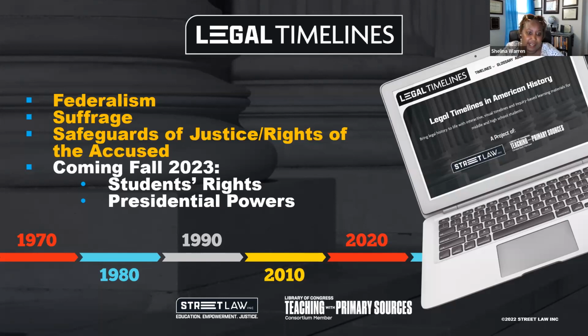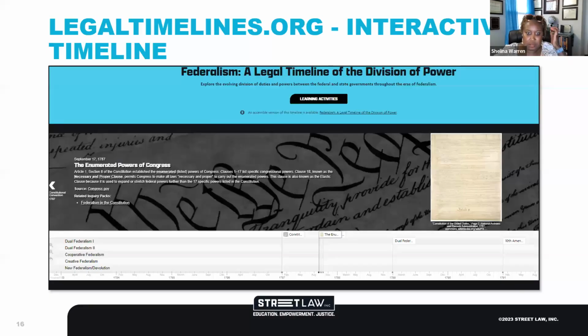One of the ones that I piloted is one of the ones that will be presented later this month. So you can see from this slide, federalism, suffrage, safeguards of justice, and rights of the accused are the ones that are available right now on the website. Kathy, you can go to the next slide. Thank you. All right,